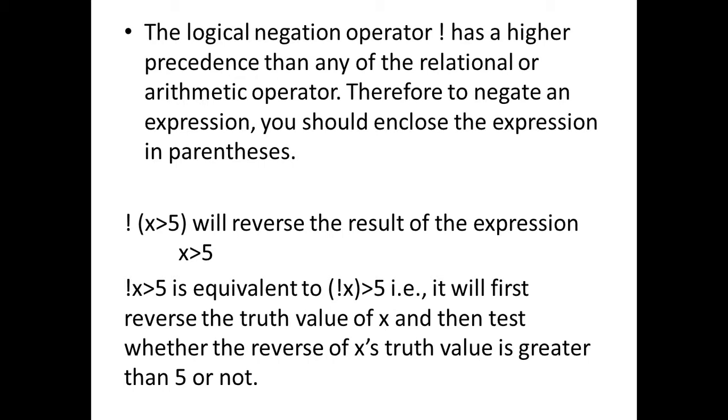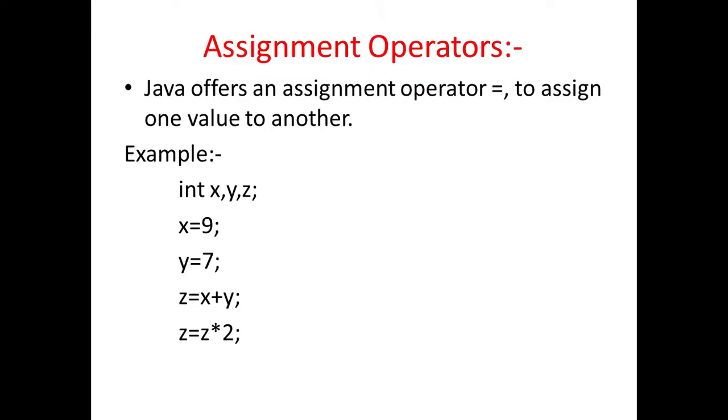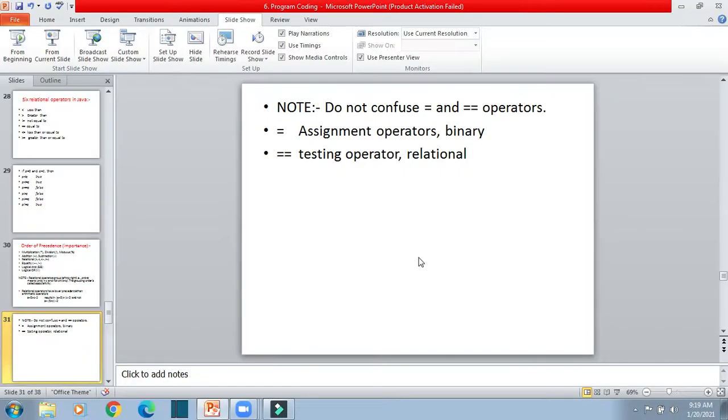So that is why we need to use bracket. Okay. Here, if we do not use bracket, then what will happen? This logical NOT will work with 5 and it will change its truth value. What is the truth value for 5? 5 is non-zero. Non-zero means true, right? So it will make it true and then it will change. So it will create trouble.